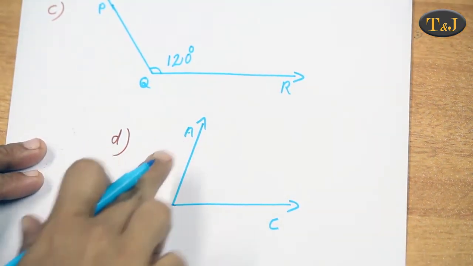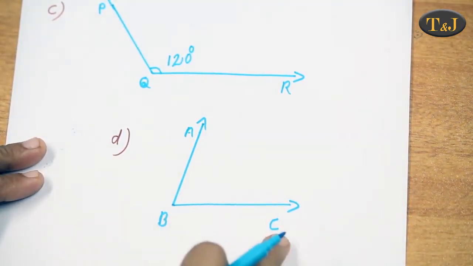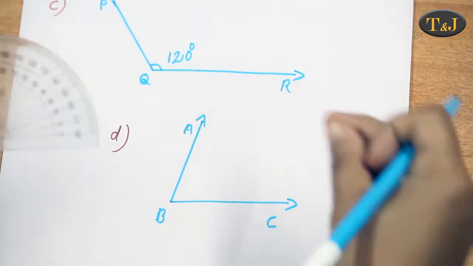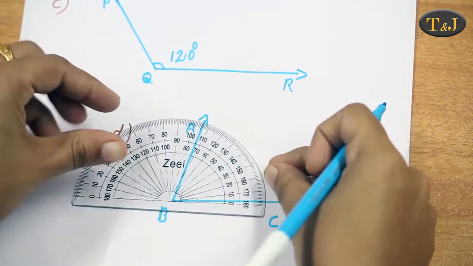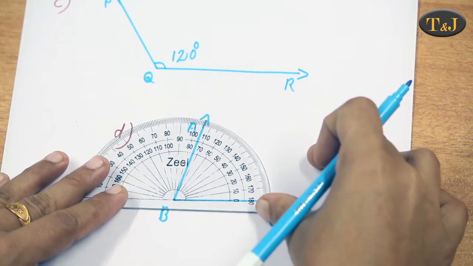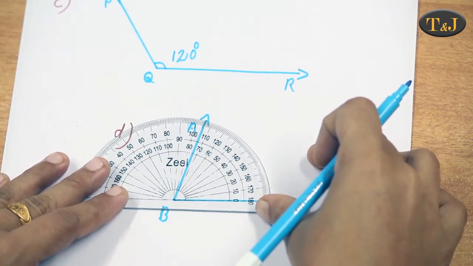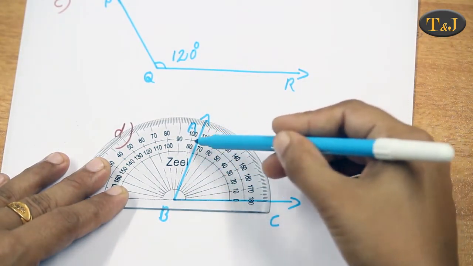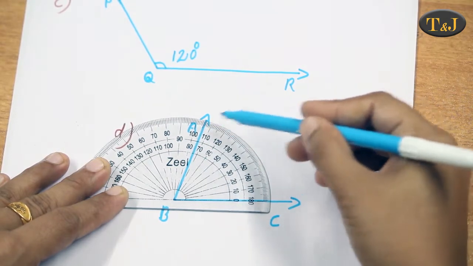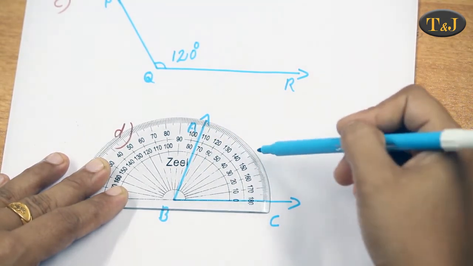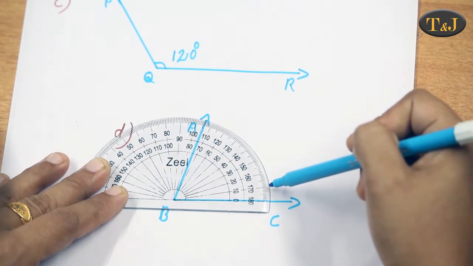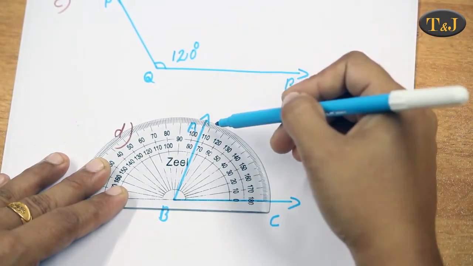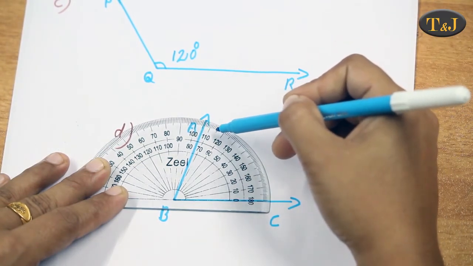The next angle is angle ABC. First ray is BC and our second ray is BA. Then place the center of the baseline of the protractor on the ray BC. The ray AB is in the middle between 70 and 80. As on the scale, there are 10 numbers between each pair of numbers, like 170 and 160, there are already 10 numbers. Then 70 and 80, also 10 numbers.